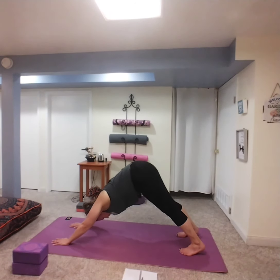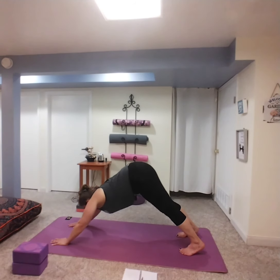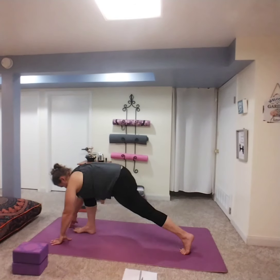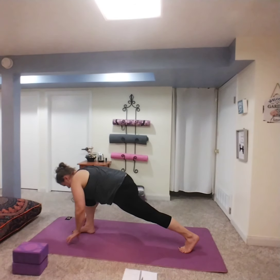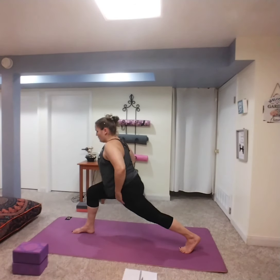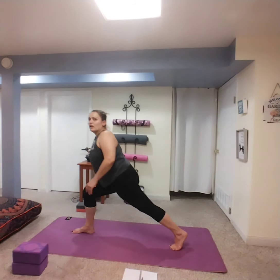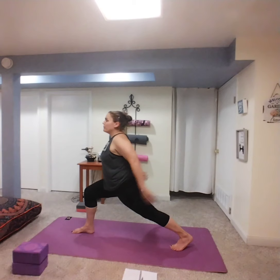Remember to breathe in down dog. A lot of people hold their breath as they're in this pose. And inhale, look forward. We're going to step our right foot forward in between our hands. Find your balance. You can come in a little if you'd like. Remember that this leg needs to be at a 90-degree angle, so if you need to come in a little,